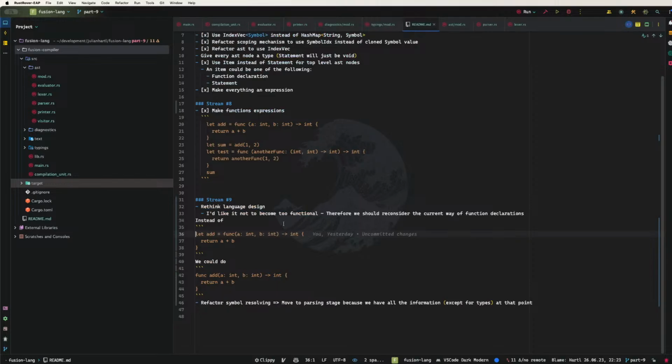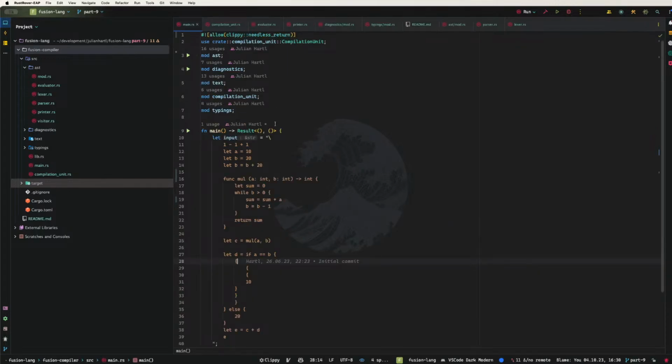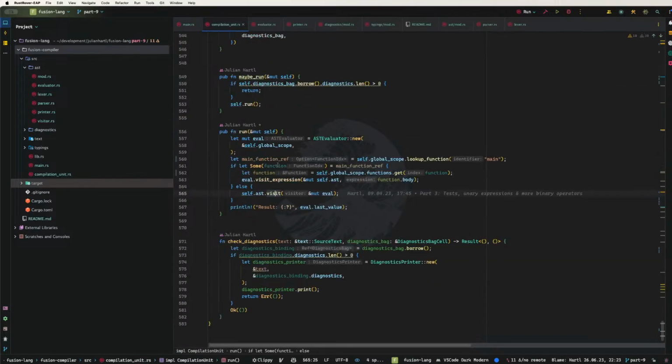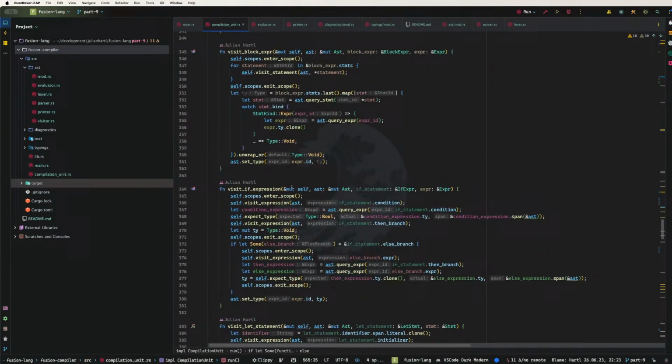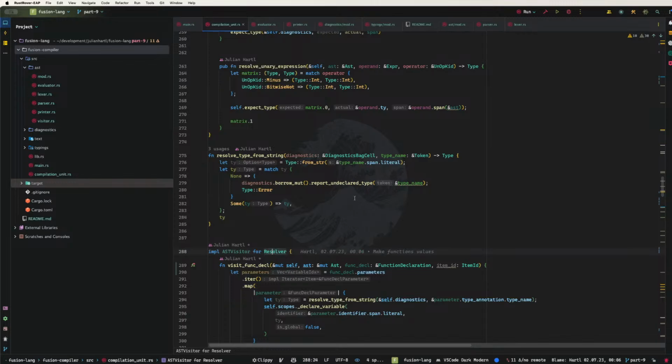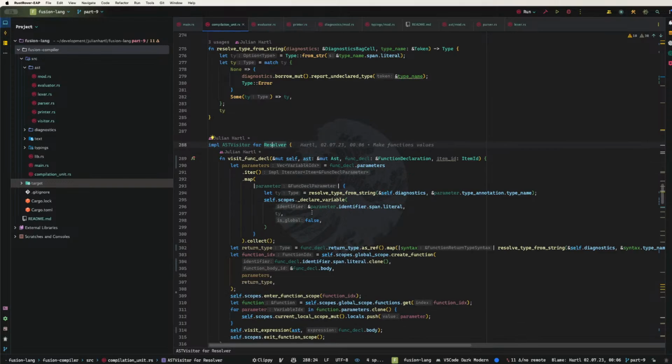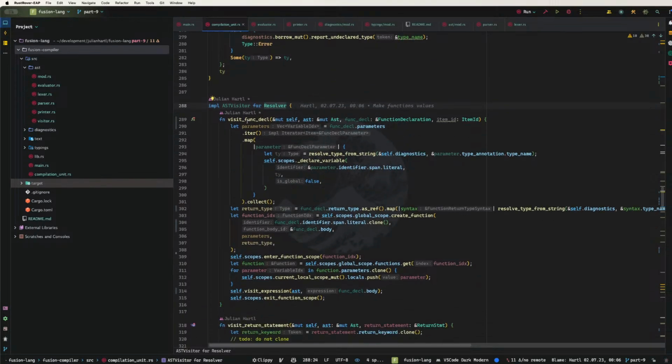So what I wanted to do is refactor our symbol resolving, and I'll now try to figure out why I wanted to do that and explain it to you in the process. Right now, our symbol resolving is done by the resolver. And the problem is that we do not support forward declarations for functions, because we basically resolve everything in a